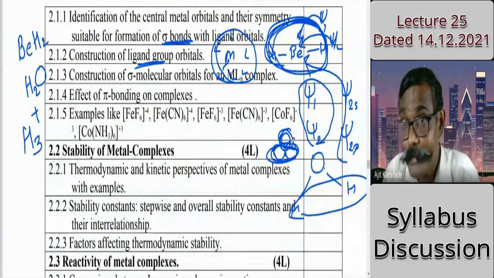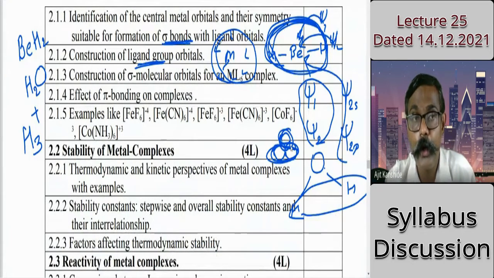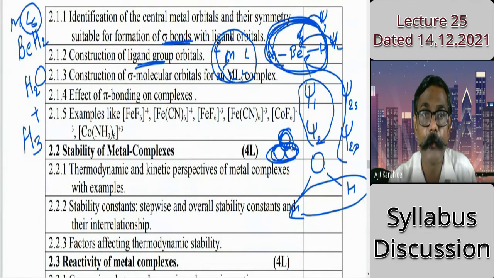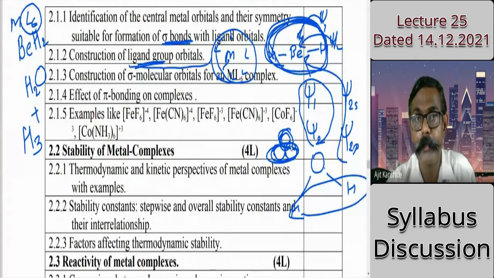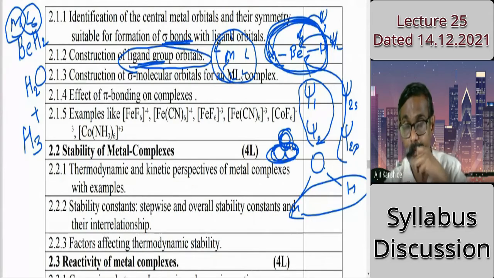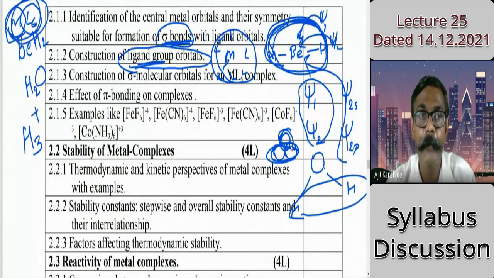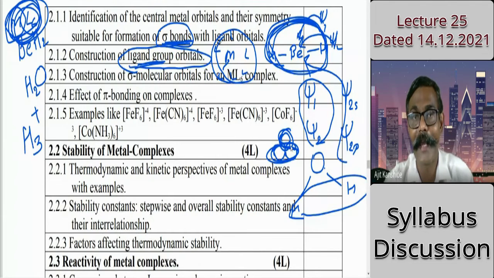Okay. Same way here in coordination compounds, the central atom or ion is a metal and 6 ligands are there. The 6 ligands will form a group. That's the ligand group orbitals. And there are metal orbitals. Out of those, a few orbitals are suitable to form sigma bonds. Which are those orbitals? Orbitals from the metal and from the ligands will overlap and interact to produce the molecular orbital diagram. So we are going to study the molecular orbitals for the ML6 complex.